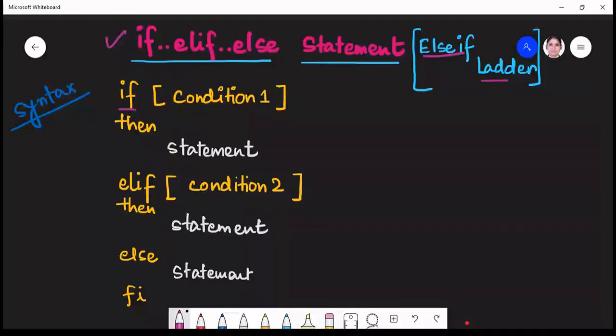First you need to use the if keyword and put the condition. Let's say we call it condition 1 inside the square brackets, and be careful about the space between the square brackets and the condition. Then we use the keyword then, and we